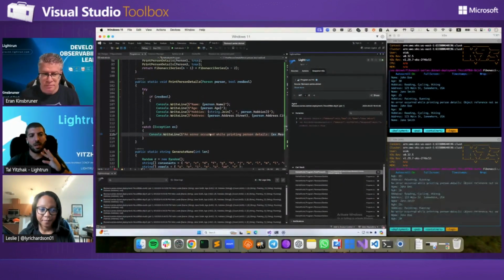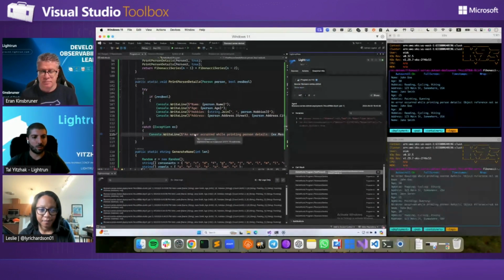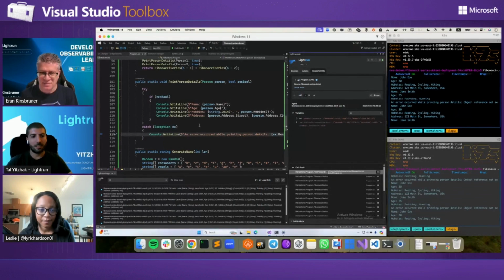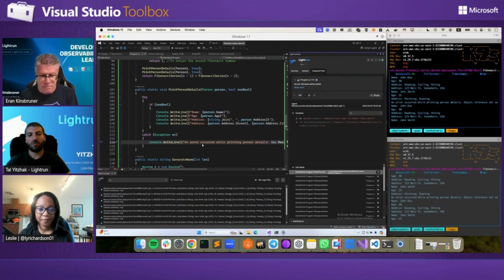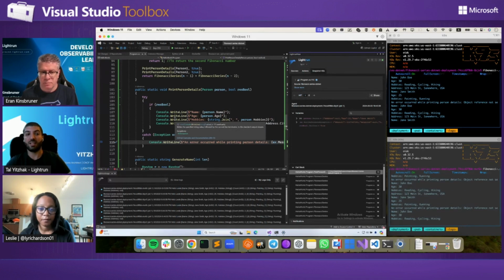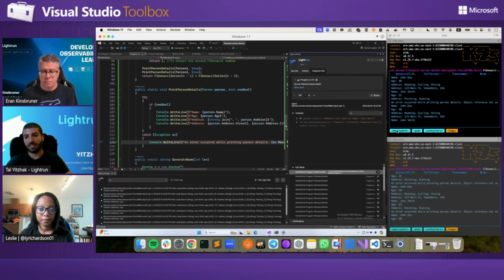Awesome. That's pretty cool. I also want to emphasize something here, because you might see such a thing for the first time and say, wait, what about the existing logs? This solution is not coming to replace any existing static solutions. We're not saying don't use logging. We're just saying that on top of what is logged, sometimes the developer needs to add a missing log or a missing piece of information. That can be dynamically created using Lightrun, including the existing logs that can serve him for the purpose of